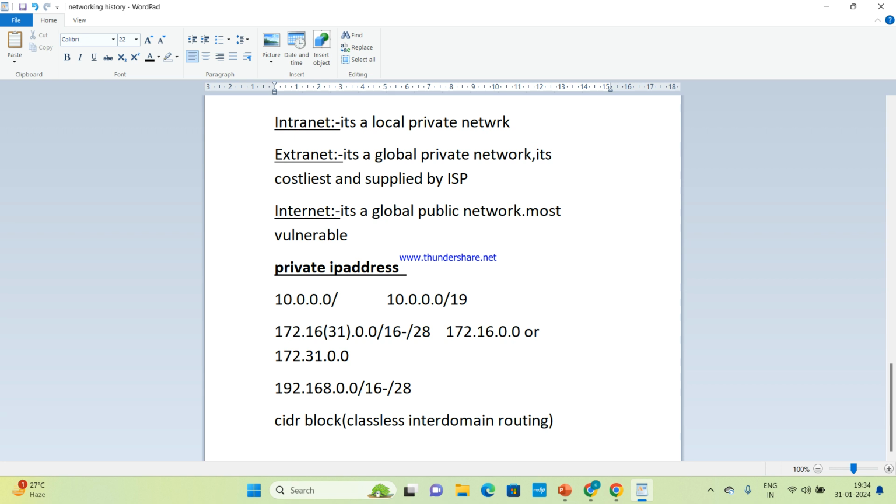You can give either /16, /17, /20, or /28. Till 28 you can give any CIDR block. Clear? Can I proceed now?